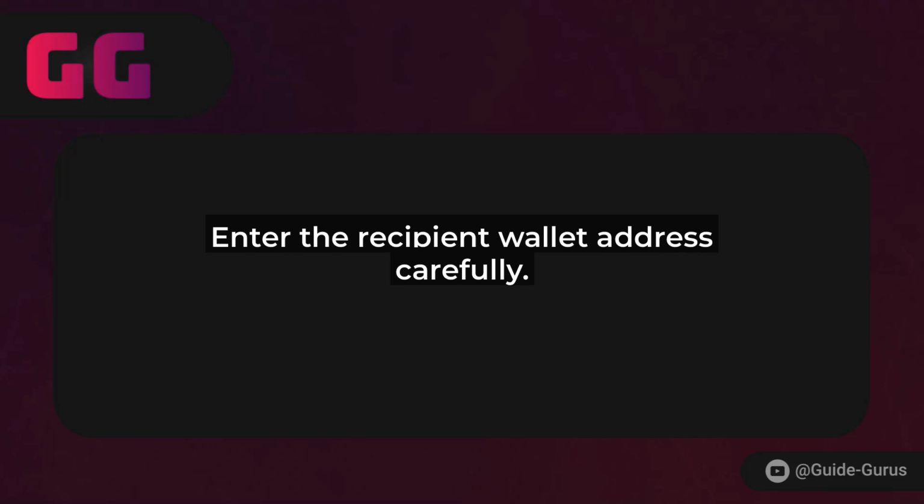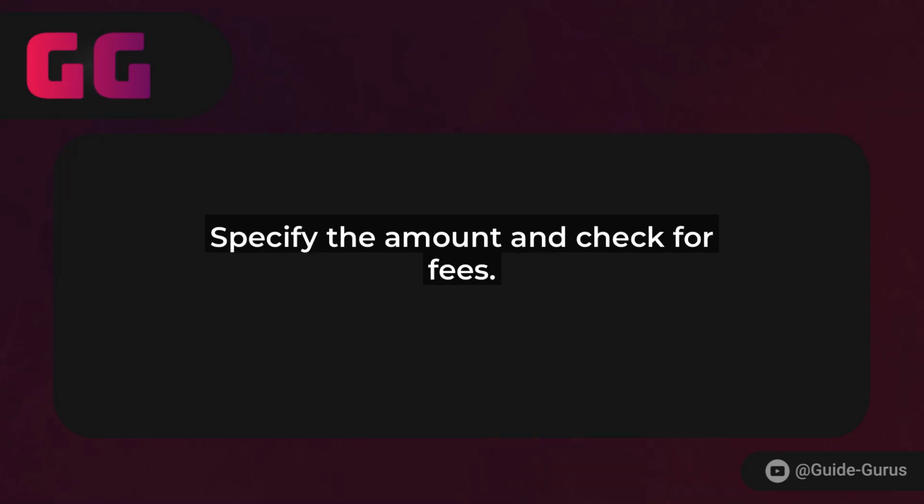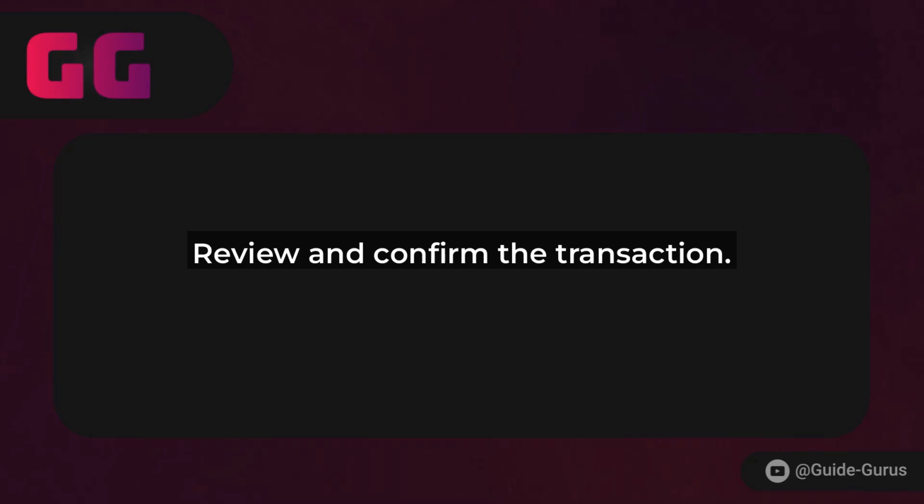Once everything looks good, hit Confirm, and you'll get a transaction summary. Review it carefully before approving. This is where two-factor auth comes in handy. After you confirm, sit tight. Withdrawals can take anywhere from a few minutes to an hour, depending on network congestion. Once it's done, you'll get a confirmation email or notification in the app.